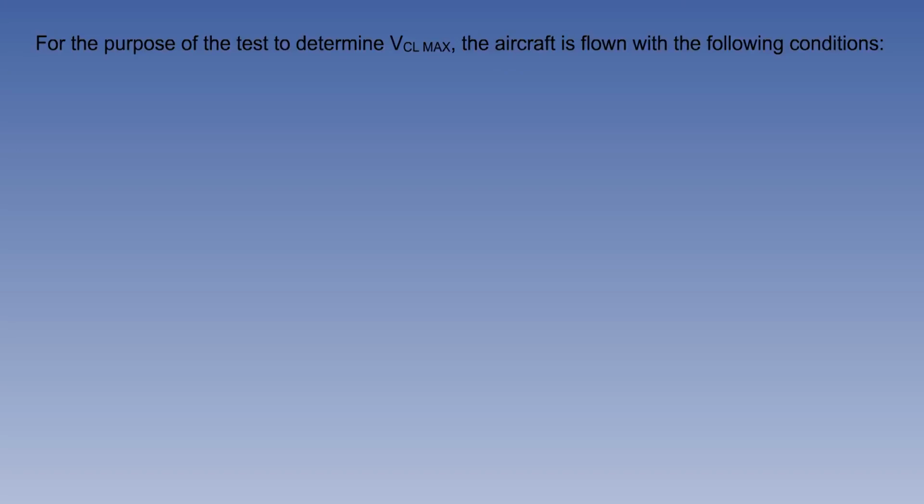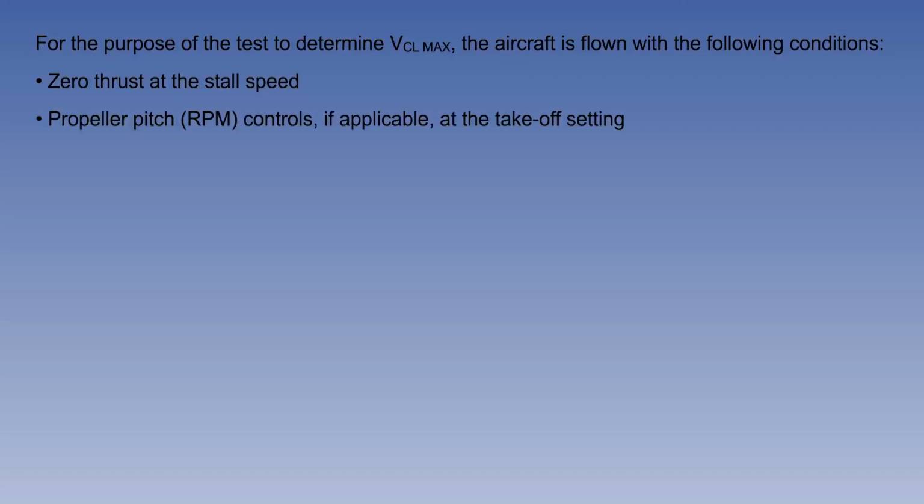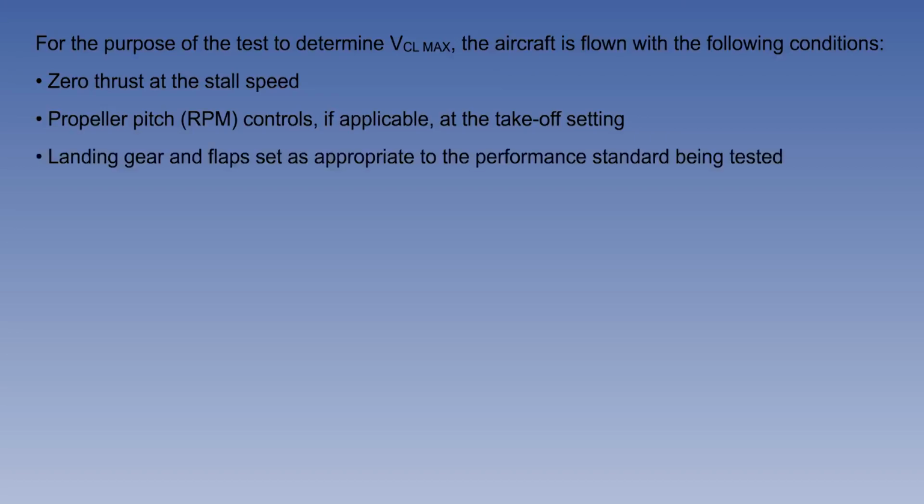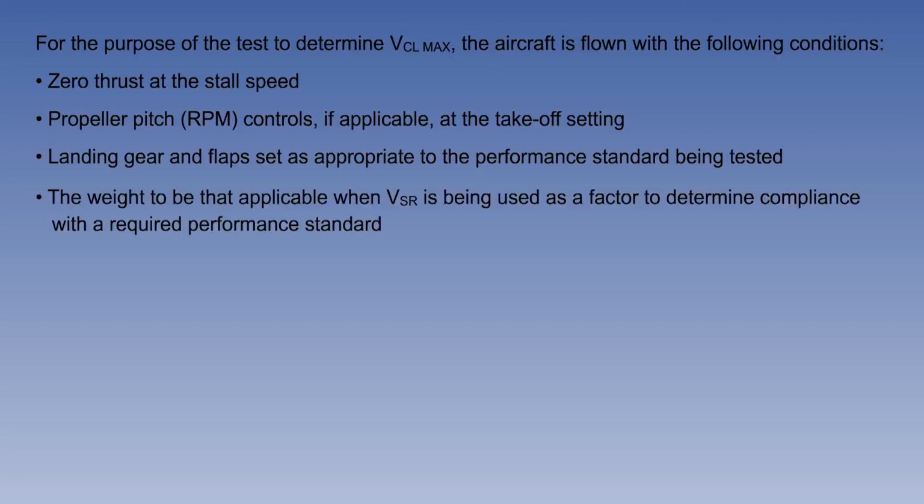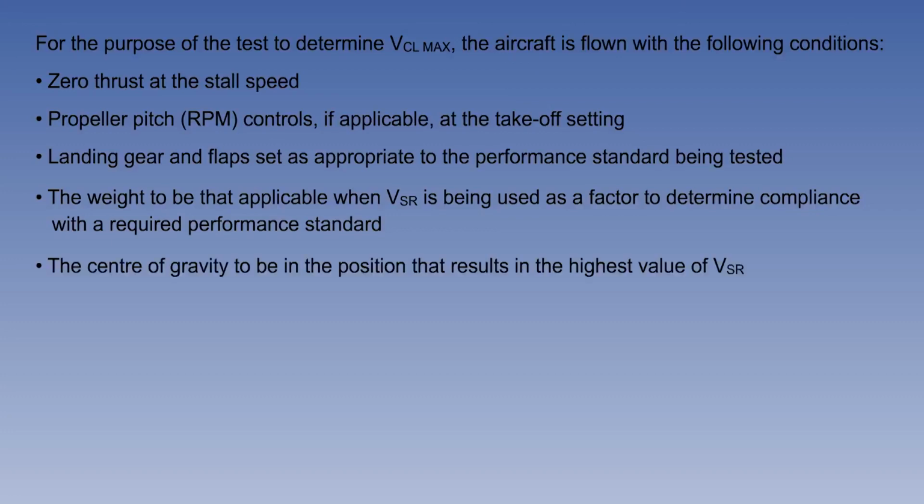For the purpose of the test, to determine VCL max, the aircraft is flown with the following conditions: 0 thrust at the stall speed, propeller pitch, RPM controls, if applicable, at the takeoff setting, landing gear and flaps set as appropriate to the performance standard being tested, the weight to be that applicable when VSR is being used as a factor to determine compliance with the required performance standard, the centre of gravity to be in the position that results in the highest value of VSR,